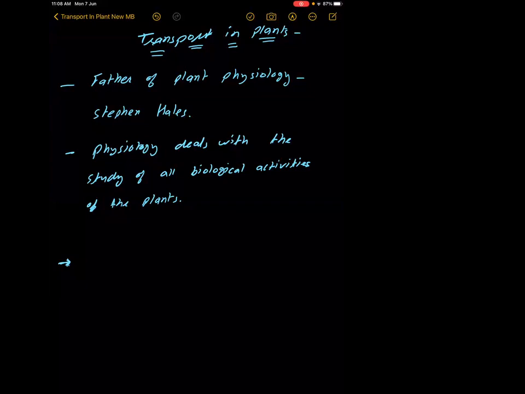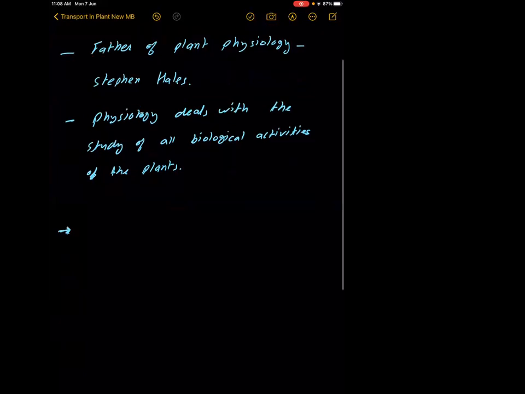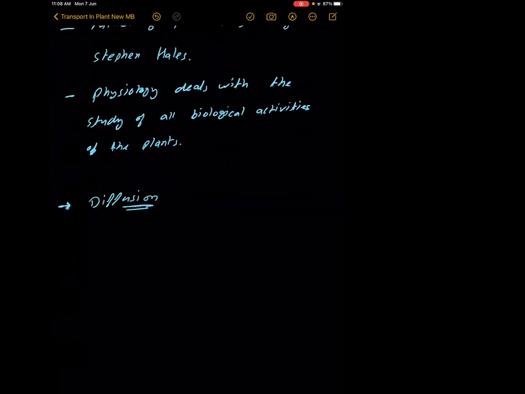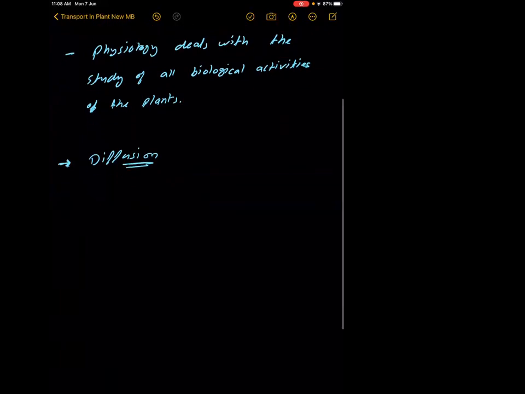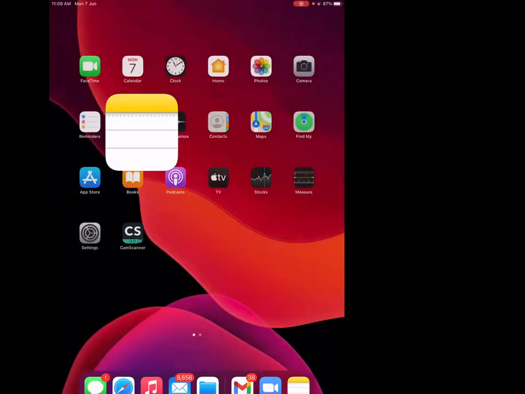This is diffusion. And what is osmosis? Movement of material from highly concentrated to lower concentrated through a semi-permeable membrane is osmosis. This is the definition of diffusion, only you are adding a plasma membrane, semi-permeable membrane. The movement of water, of solvents.